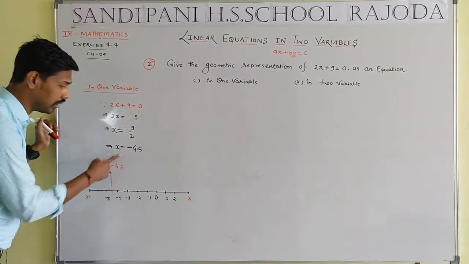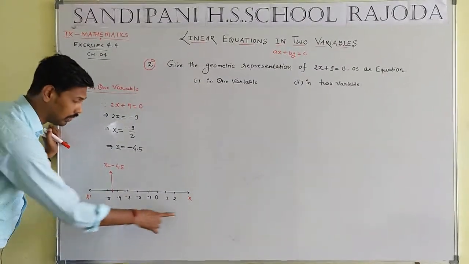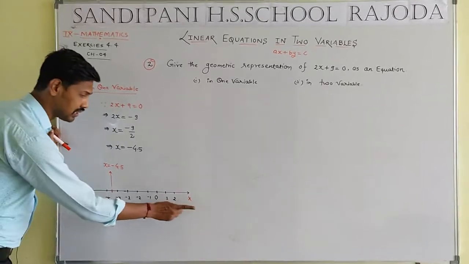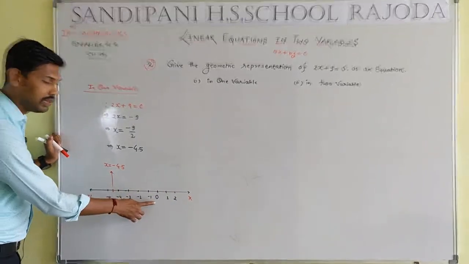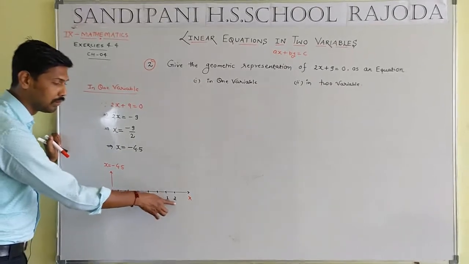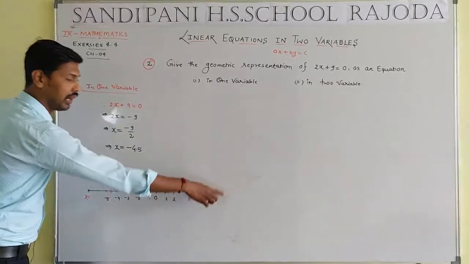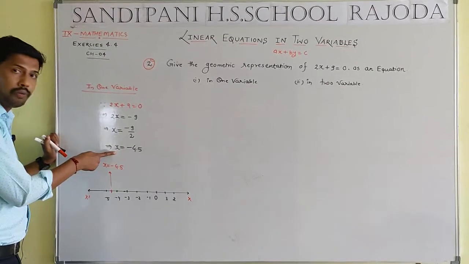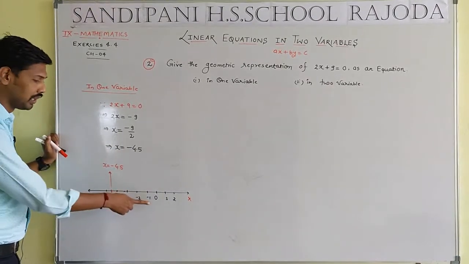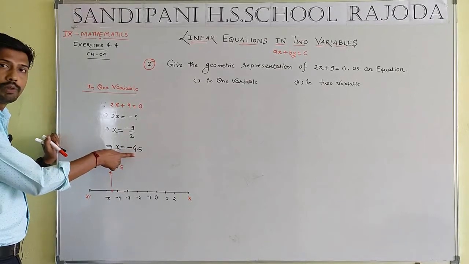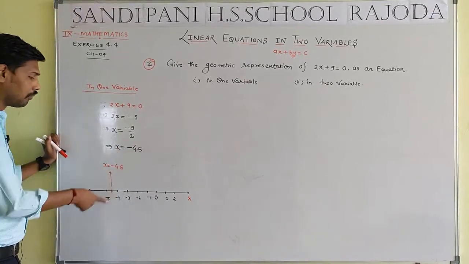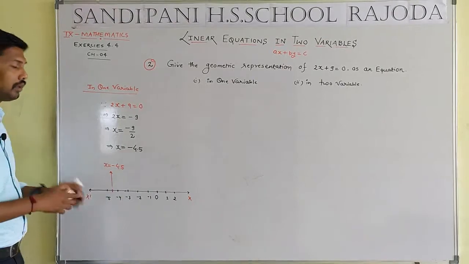We take the number line only for the x-axis, that means a positive x-axis and a negative x-axis. Here x is equal to 0, such that positive 1, positive 2, positive 3, positive 4, and so on. But we have only the negative value, so we take minus 1, minus 2, minus 3, minus 4, and minus 5. What is the meaning of 4.5? That means the half of 4 and 5 is known as 4.5.